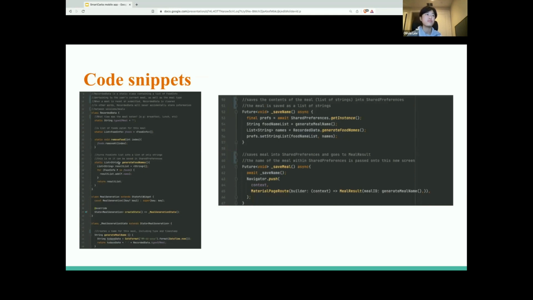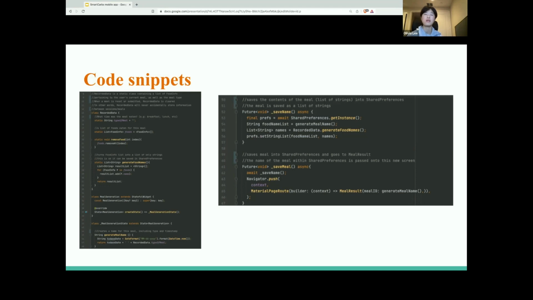In this left snippet, static is the keyword in Dart, which allows the data to be accessed freely from other screens without a direct reference. This applies to all data within recorded data, which includes meal type and the names of the food eaten. And the static function here in the middle, generate food names,